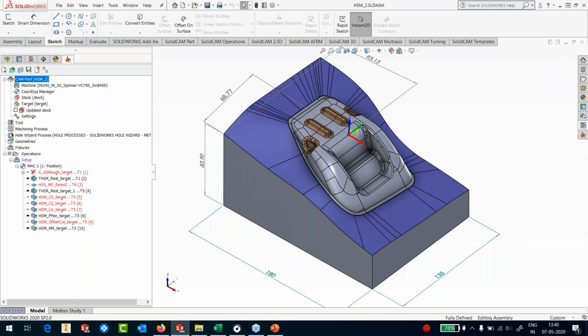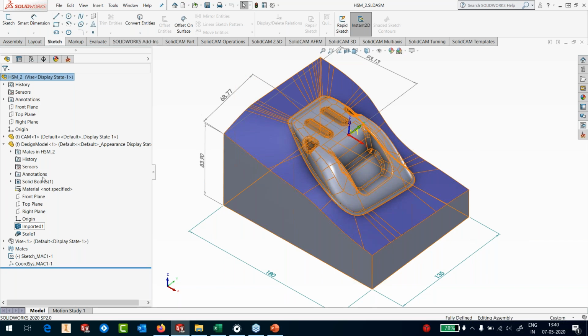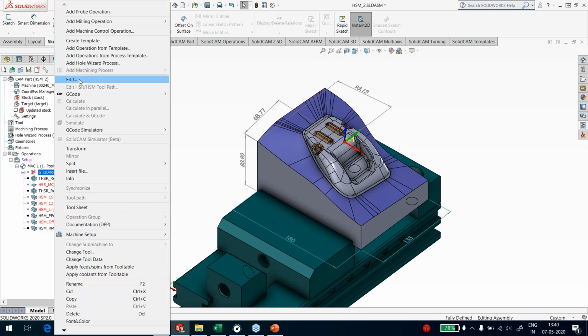because the machine is pretty new, and I'm going to use a hydraulic vise to clamp this particular part, which I already have here as a part of my assembly because I'm working in the assembly environment. So I have the vise here, and I've clamped this part on the vise itself. Right, so I'll start with my first